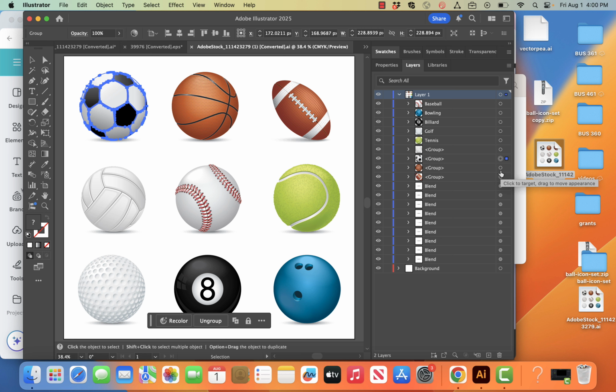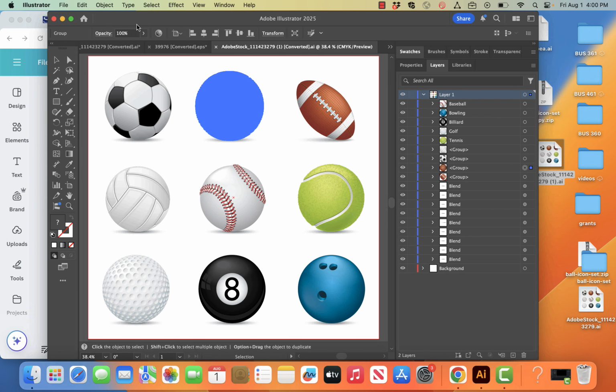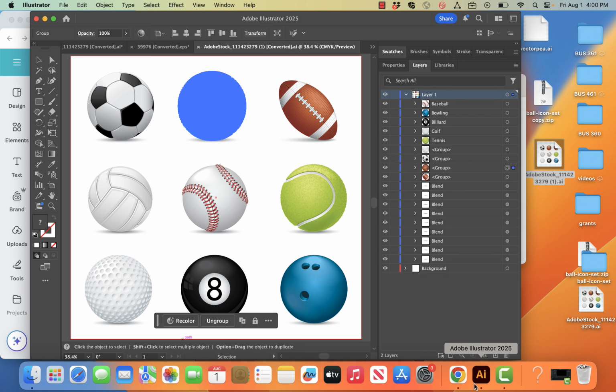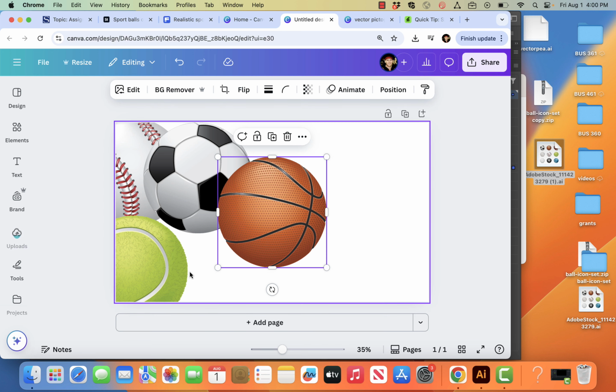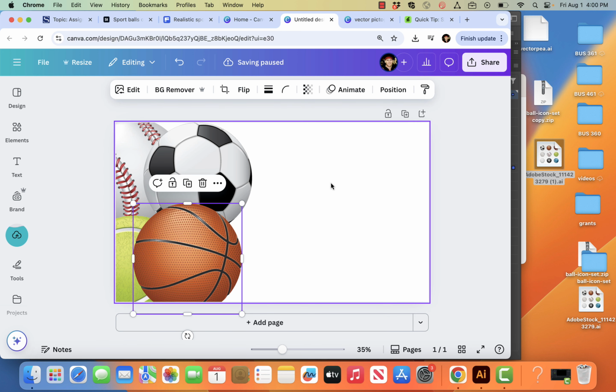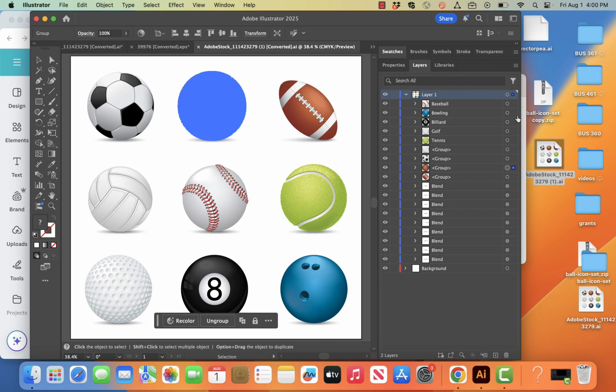And here's the basketball, Command C. And go over, Command V. So I got my 4. All right, so I did this with the